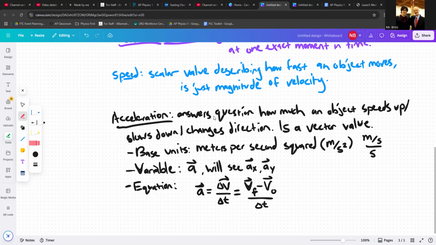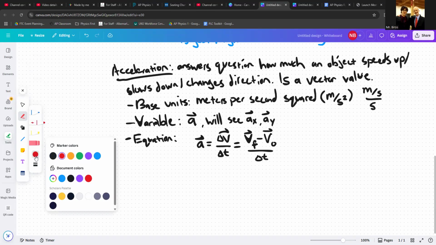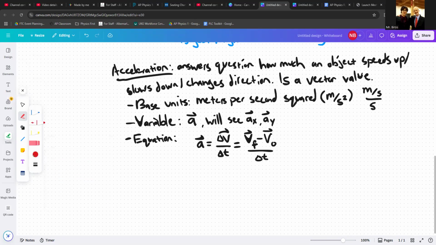All right. Lastly, so we've got how far, how fast, speeding up, slowing down, and changing direction. The last kinematics value is time, and this one's pretty straightforward. I think we all probably have a good understanding of it already. Time is simply a scalar value. It is the first one that is primarily scalar. Acceleration is a vector, velocity is the main one that we use, and that's a vector. Displacement is the main one we use for how far, and that's a vector. Time, however, is a scalar. It is a scalar value